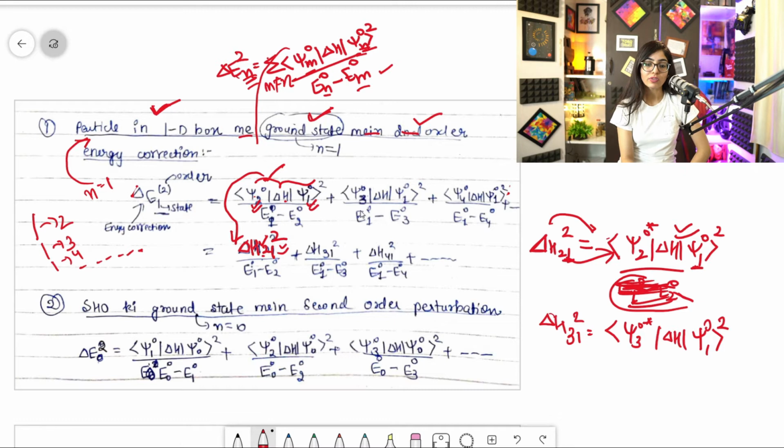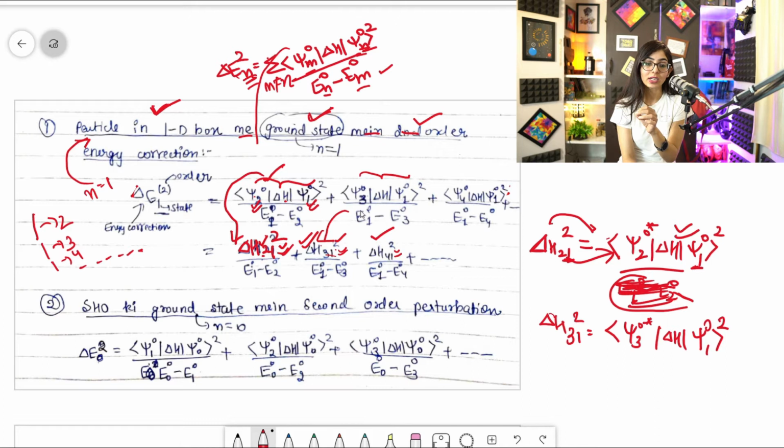So instead of writing all this again and again, which takes time, you can put it in the form of delta H21. In the exam also, most probably it will be given in this form only, delta H31, delta H21. So don't get scared and don't get confused. It is delta H21 square, then delta H31 square and delta H41 square, because I'll take the combination of 1 with everything, whatever is asked in the question.